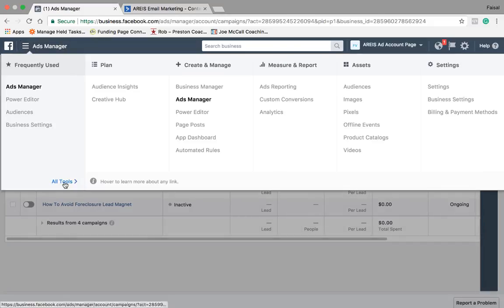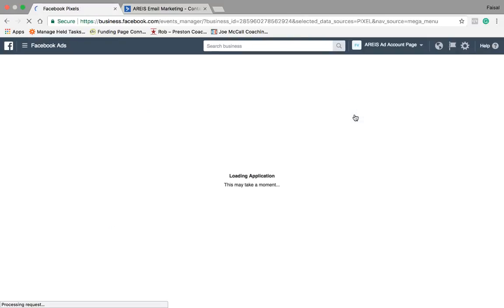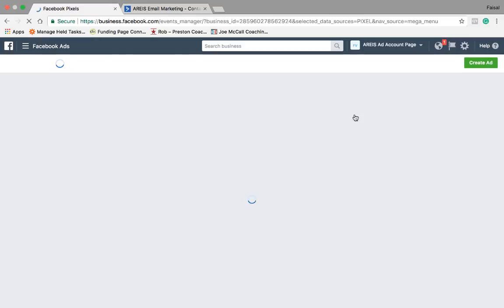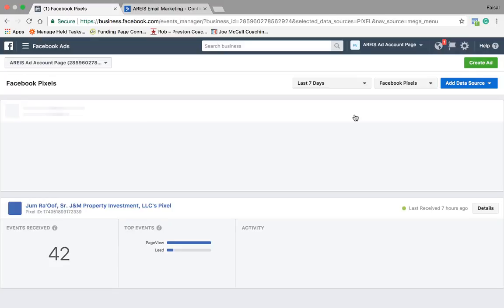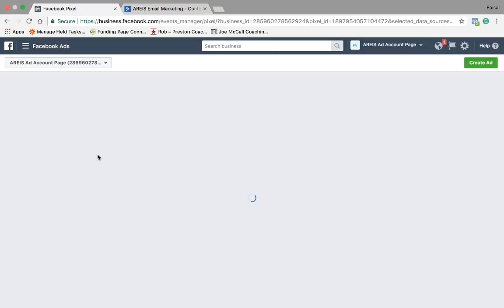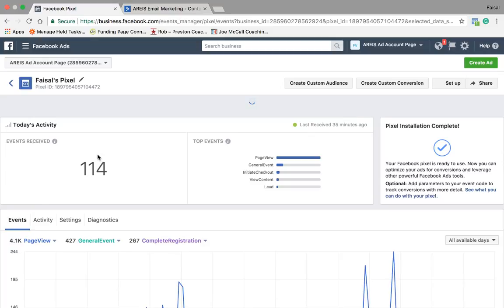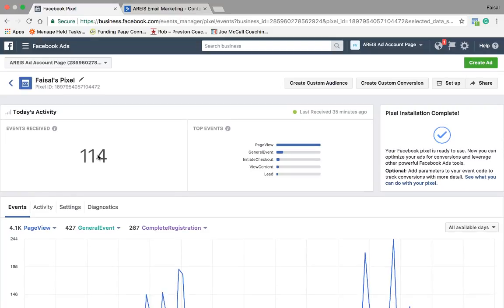So the way Facebook tracks everything is it has something called a pixel, right? And let me show you the pixel real quick. All right. And we have a ton of pixels because we obviously manage a bunch of accounts. You'll only see that one pixel for your website. Now, all of this is already set up. You will never have to come in here. I just want to show you for purposes of your knowledge,